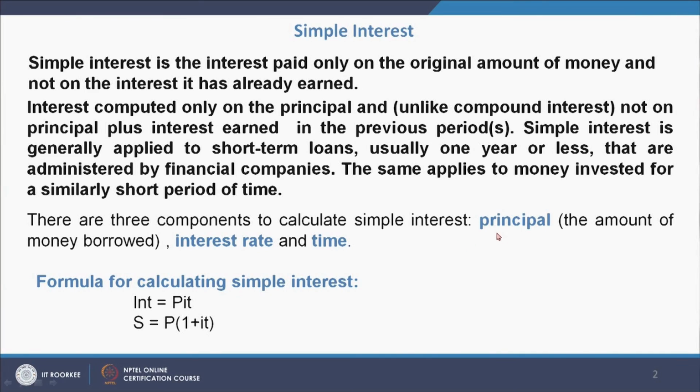There are three components to calculate simple interest. The first is principal, the amount of money borrowed, the second is interest rate, and the third is time. These three variables are given in an equation, that is interest INT. Interest is equal to P into I into T, where P is principal, I is the interest rate and T is the time. And the final value is equal to P into 1 plus IT,